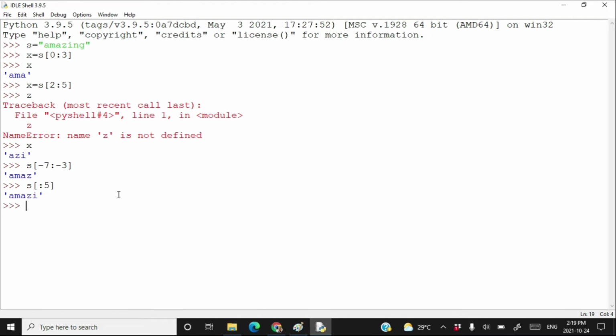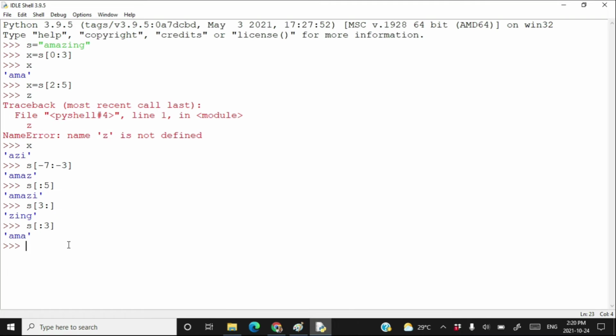If you press enter here, you have the string AMAZI. Similarly, if I write s[3:], that means you start from the index number 3 and go up to last. So 0, 1, 2, 3. Start from Z. Press enter, and here we have our slice of the string.